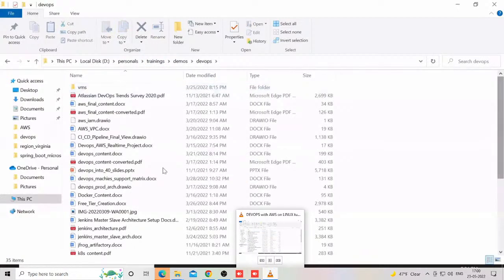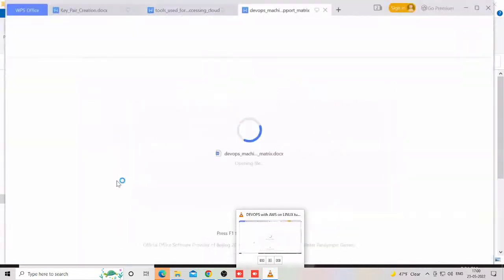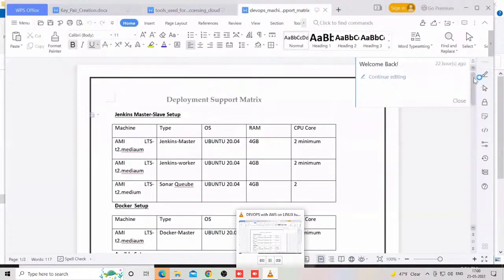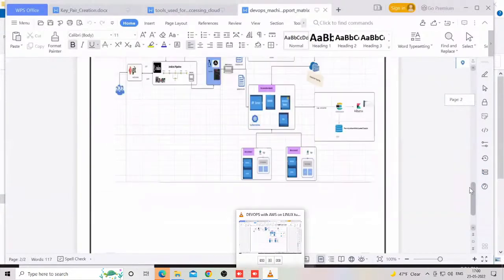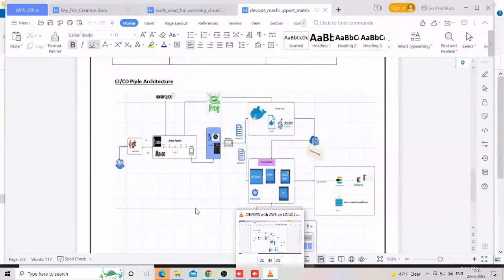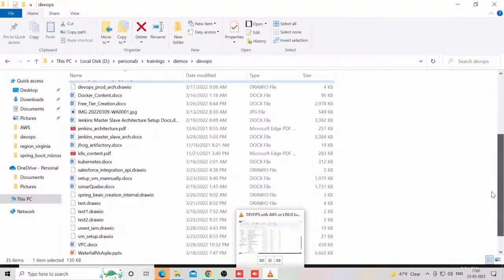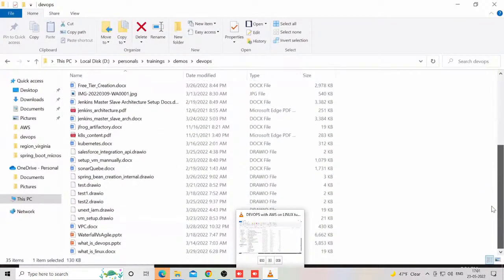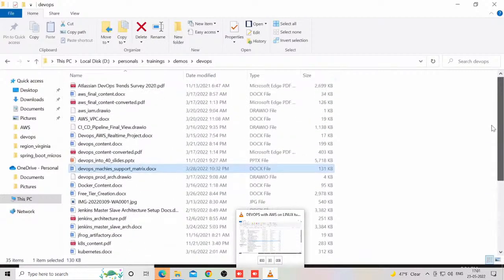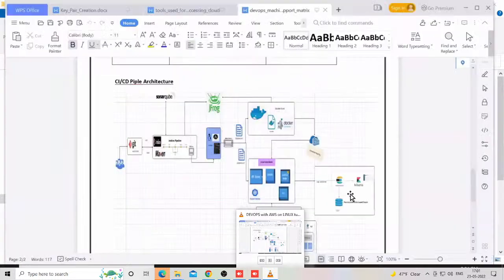If I open a simple pipeline, yes, just let me open a simple pipeline. Of course, yesterday also we discussed it, but let me scroll down. Not this one. Let me open one more document. However, if you can see this, do I have any other document? It seems I don't have the other document with me now, but in this document,